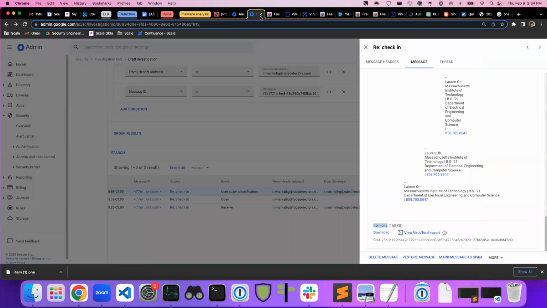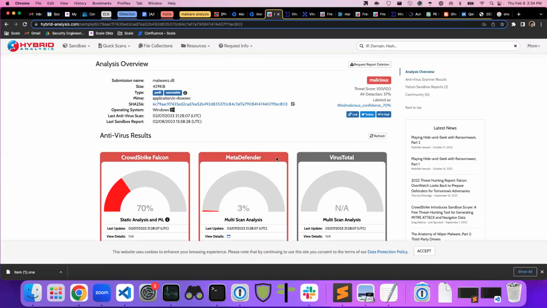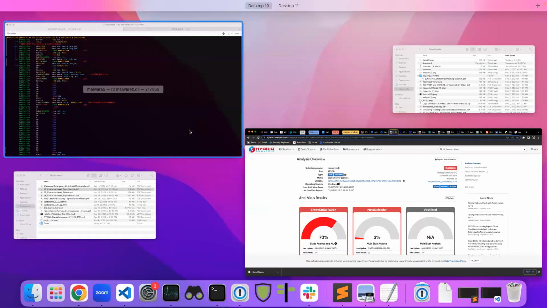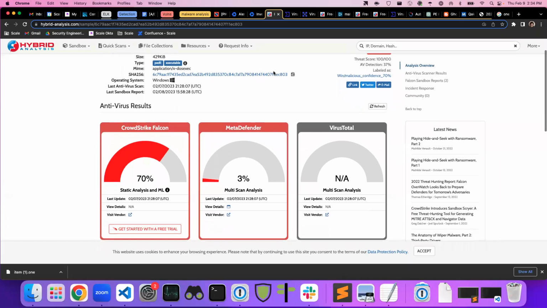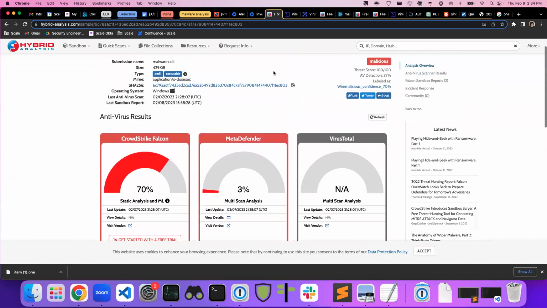But long story short, we're not actually going to do static analysis. We're going to do dynamic analysis. We're going to throw it in a sandbox. This is Hybrid Analysis. I'm using this because I have limited resources, but typically if we were doing this at a consulting shop or something, you would probably have this stuff internally available, or you'd have some kind of